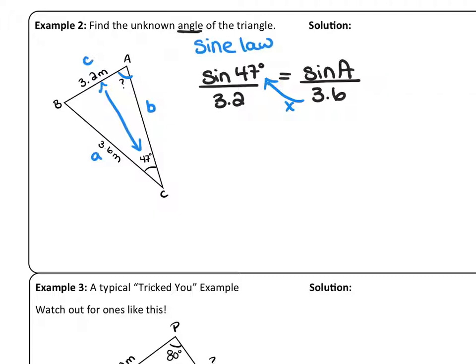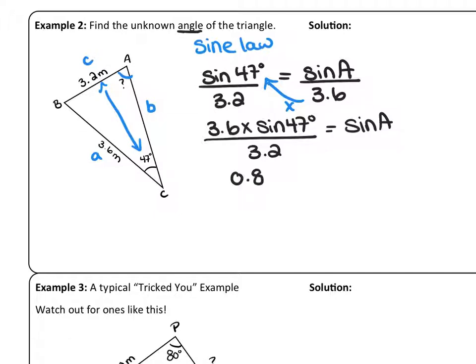So let's do that. 3.6 times sine 47 divided by 3.2 equals sine of A. So all you have to do is multiply that out. So 3.6 times sine 47 divided by 3.2. And I get an answer that's 0.822773